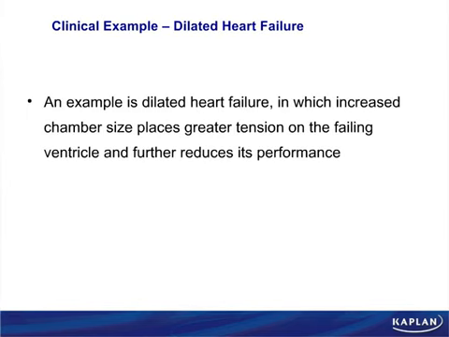Second big example to take into consideration for step 1 and wall tension is a dilated heart. In congestive heart failure, we typically have a dilated ventricle. So as that ventricle dilates more and more, that's greater and greater radius. So this increases the chamber size. It's dilating. This is a greater tension on the failing ventricle, which also will reduce its performance. The ventricular wall, the muscle is not strong enough to deal with or overcome this wall tension, and thus reduces